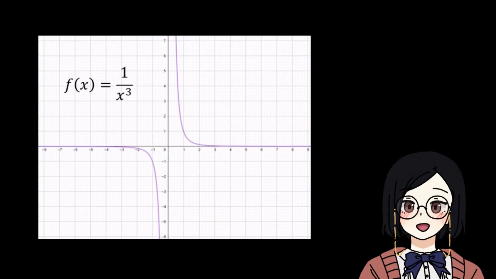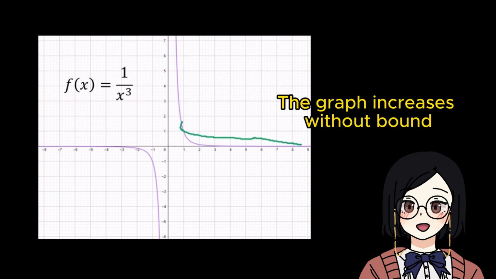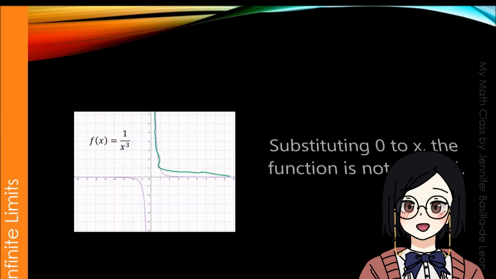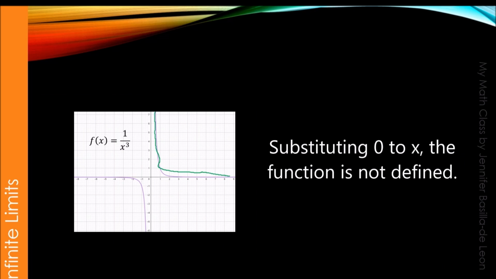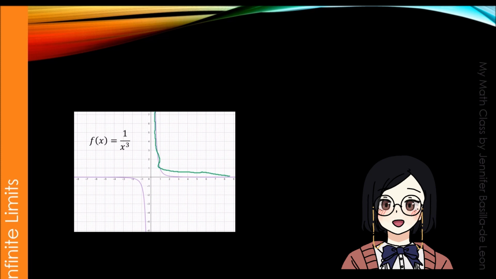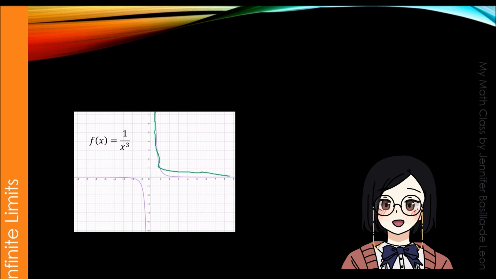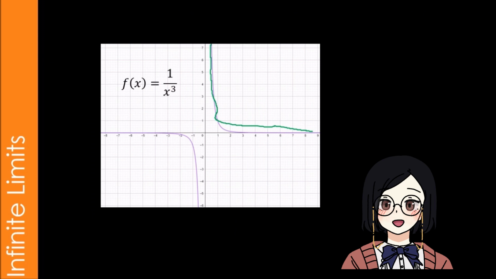Looking at the graph of the function 1 over x cubed, as x approaches 0 from the right, the graph increases without bound. Do you think the graph will cross the y-axis? Definitely not, because when we substitute 0 to x, the function is not defined. It will just be closer to the y-axis as we choose a value that is closer to 0 from the right. So we say that the limit of 1 over x cubed as x approaches 0 from the right is